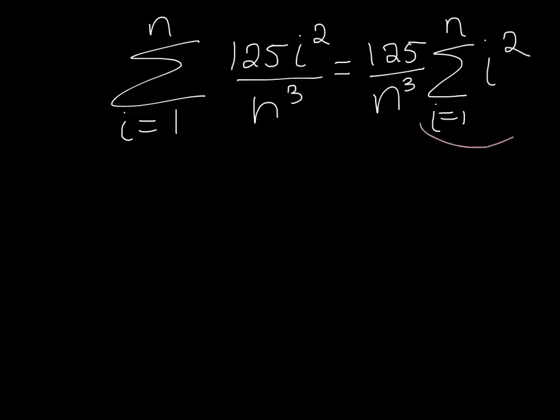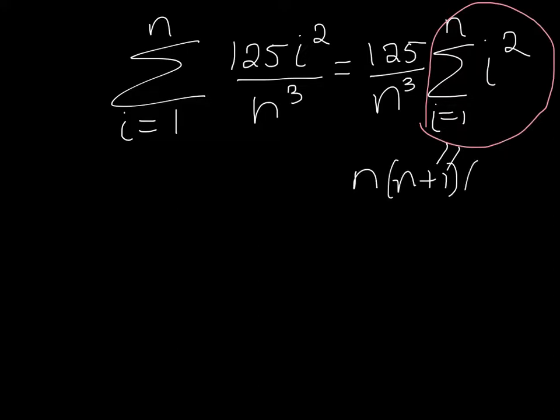And this expression right here is probably somewhat familiar to you. You may not remember exactly what that sum is equal to, but you probably remember from your pre-calc class that that is one of the special sums, and that adds up to n times n plus 1 times 2n plus 1